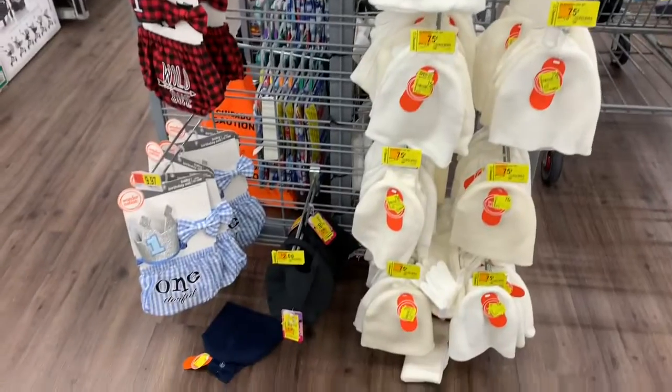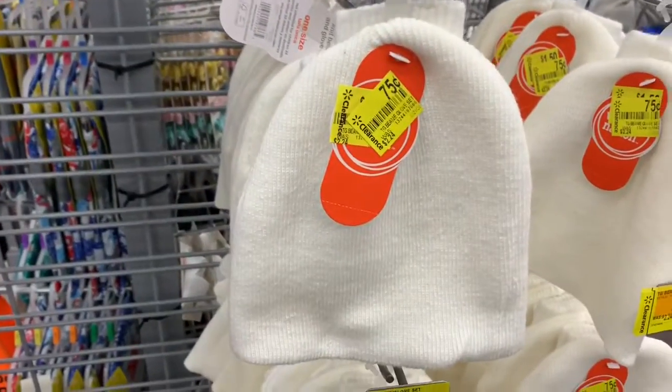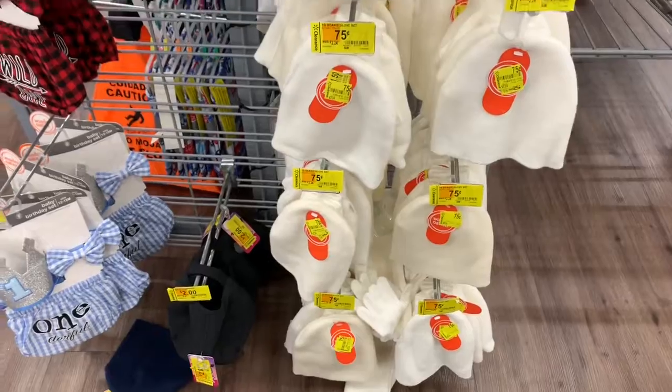Then they have these scullies and mittens. They are 75 cents. I scanned them. So if you want to stock up for next winter or for this winter, because it's still cold here, yeah,